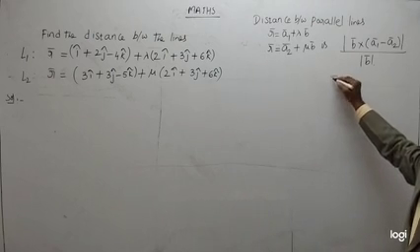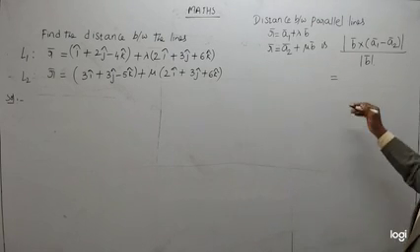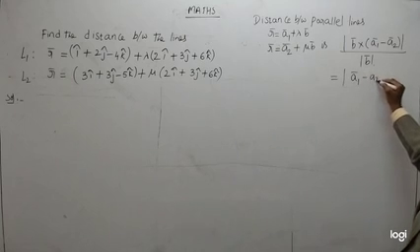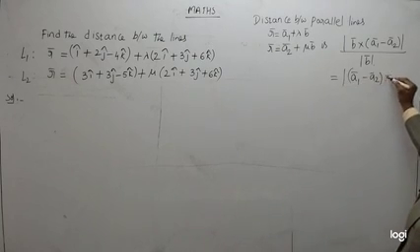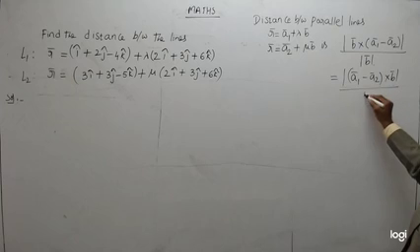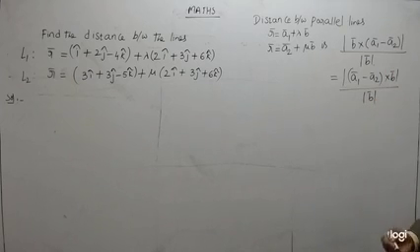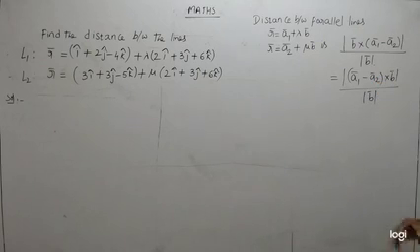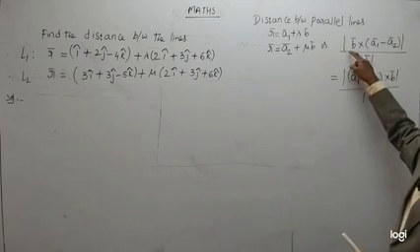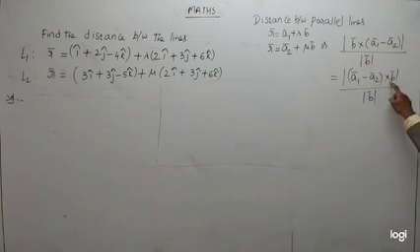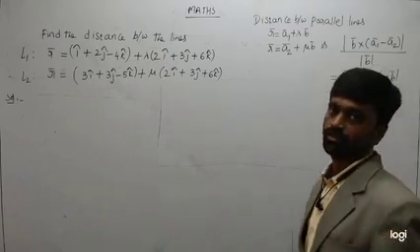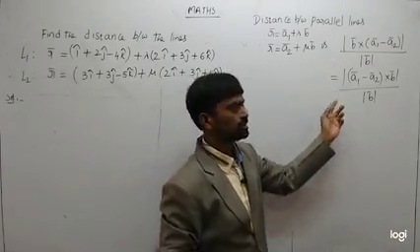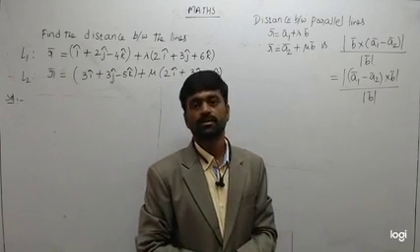Anyway, it is a magnitude now. You can make it reverse also, no problem, no issue. So modulus of A1 bar minus A2 bar cross B bar divided by modulus of B bar. Both are the same only because one is in the form of mod A cross B and this is modulus of B cross A. Modulus of A cross B and B cross A are both the same, so you can use either, no issue. You'll get the same final answer.